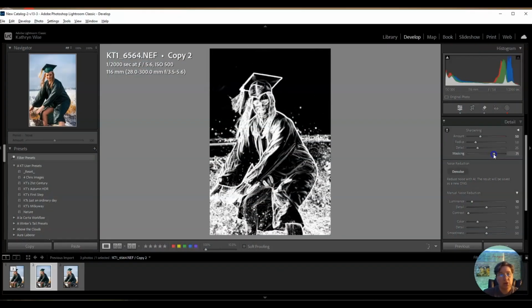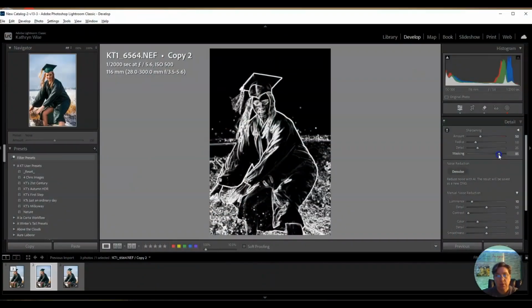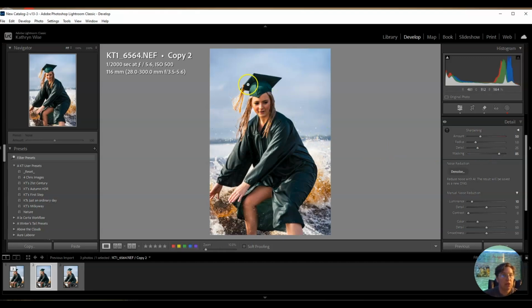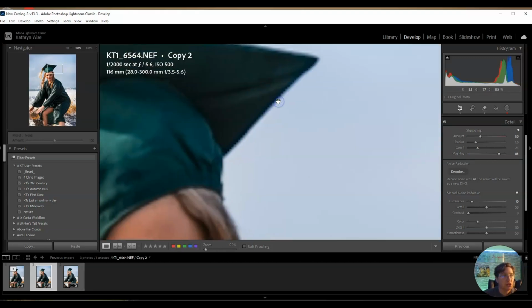you will see that it's starting to really isolate into the edges on our subject, and that's what we're looking for. So I would probably do it right around an 85 on this particular image, and then I just let go, and the mask has been applied. And so it's gonna be all around the edges, and there you guys go. And so it's basically going to sharpen right along those edges, and it lets the background stay kind of in